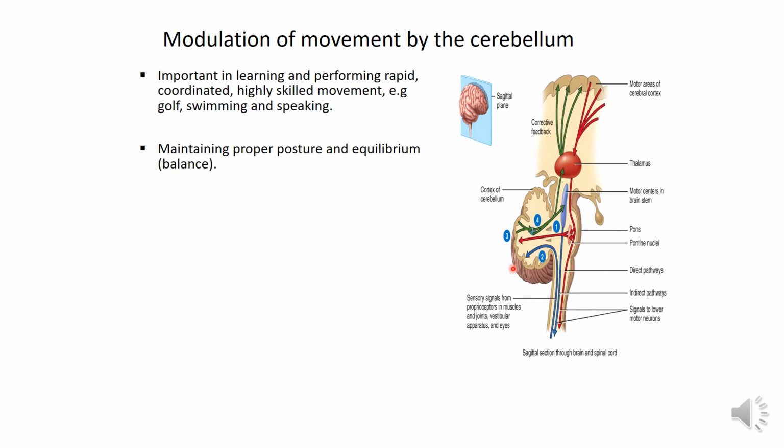So what's going on? The cerebellum is receiving a lot of information about the position of the body and the position of the head in relation to the gravitational force, the position of the muscles and the joints of the body, and the position of the body in relation to the surroundings. All this sensory information is perceived at the level of the cerebellum. Also, the motor areas of the cerebral cortex that produce voluntary movement are sending a copy of the information they send to the muscles to the cerebellum.